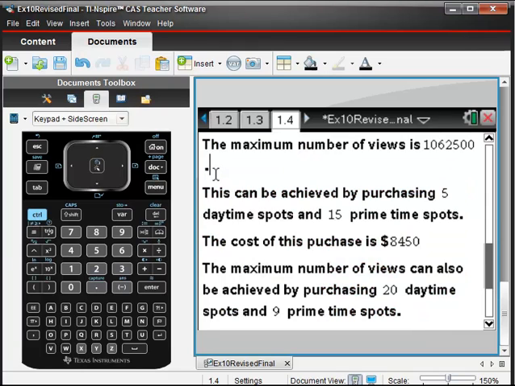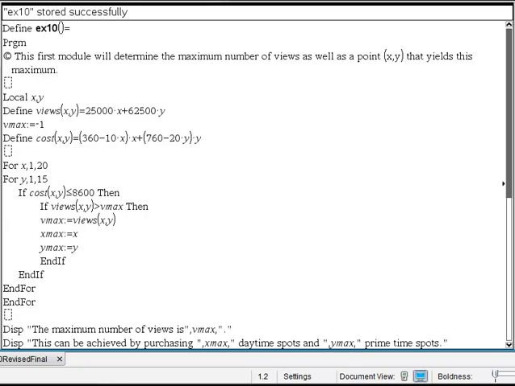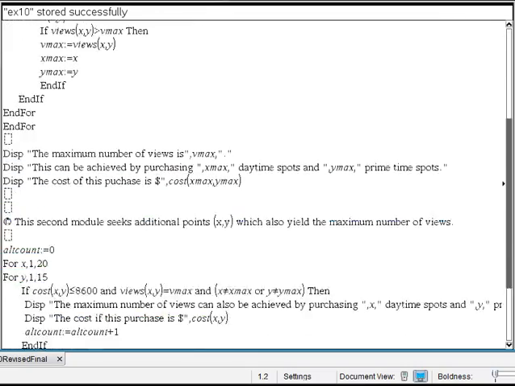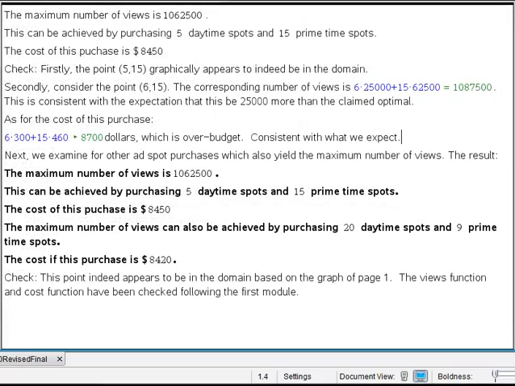Finally, let's take a look at the computer view of all this to more clearly see the entire pages of our work. Okay, so here we are with our full source code of exercise 10, and most of what we see here is the first module, and then we went on and created a second module which appears further down here like so. Alright, brings us to here where we wrote all of our major conclusions,